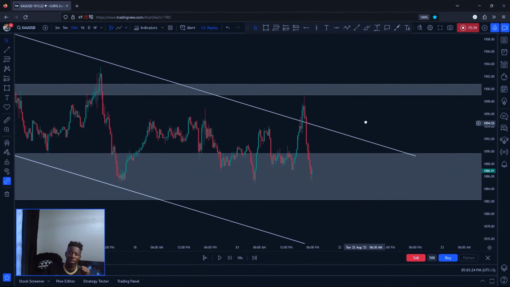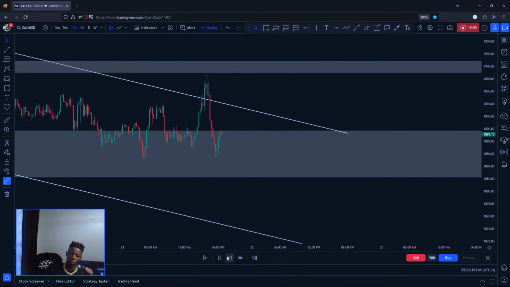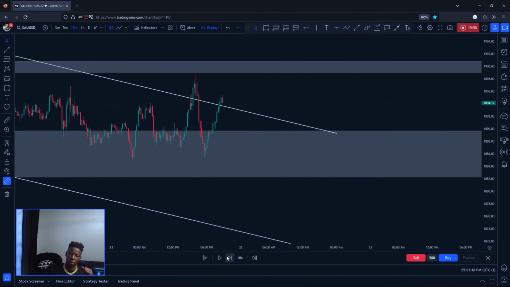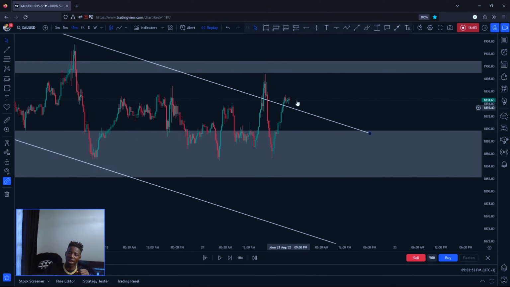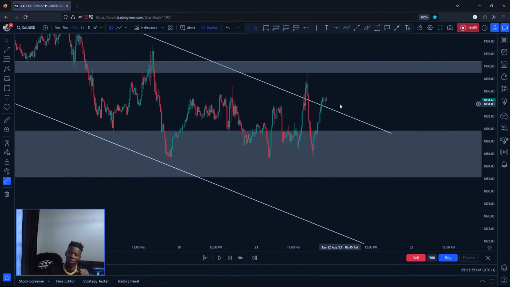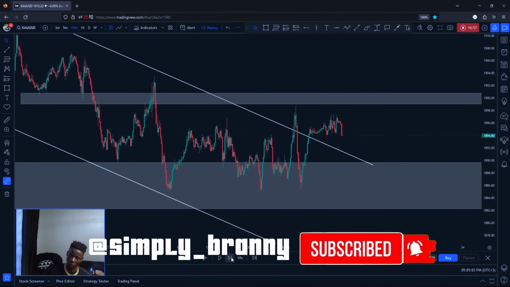If you go down to the 15, I want to see these guys breaking this level, going up, breaking this resistance, so that we can buy at the support, because the trend will be there. All right, let's see. We are seeing some rejection here from the support. We don't know whether they can break this resistance so that we're going to buy the support. So let's see what happens.